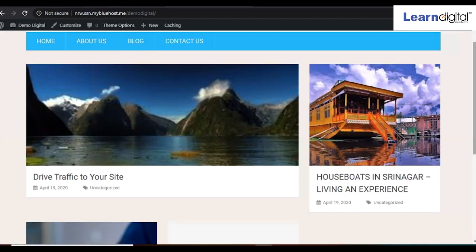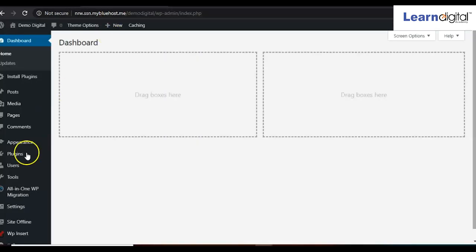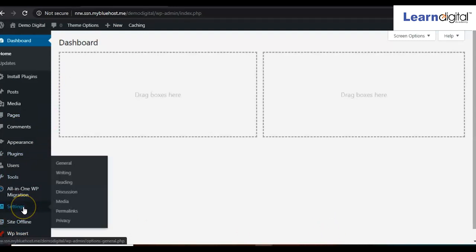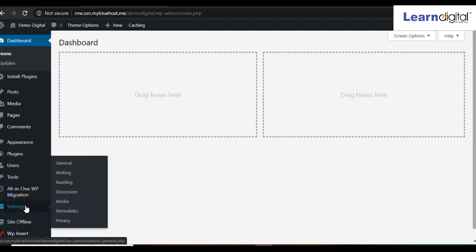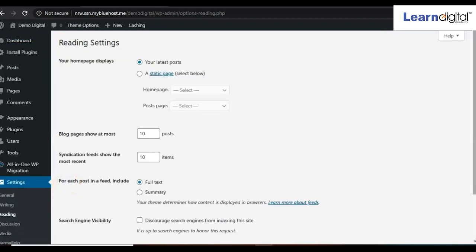For doing that, we go to the backend part and go to Settings, right? Under Settings you have to go to the Reading option. Now here see, your home page displays, by default it is showing your latest posts.